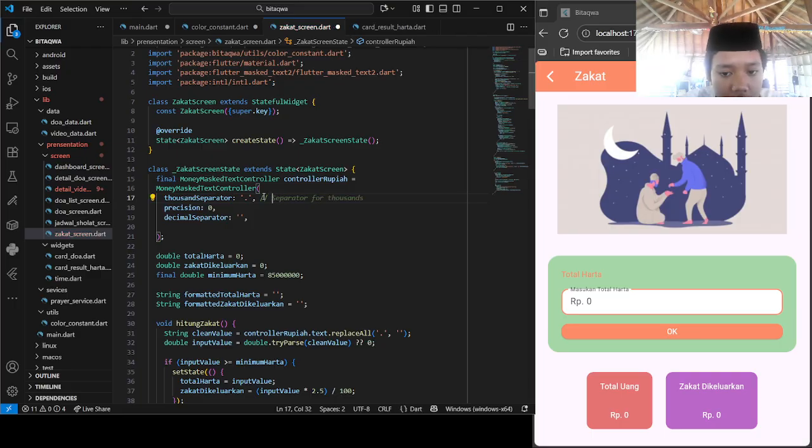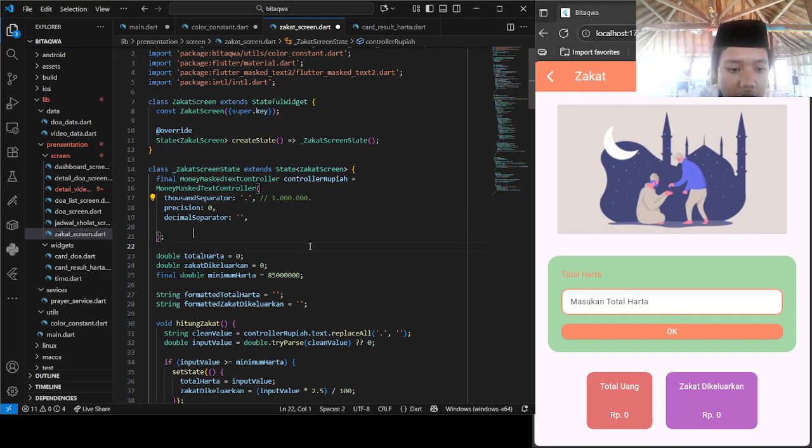For example, 1000. If there is no thousand separator, there is no separation. The user will input like this, right? Wait, let's check. We can input using dots like this.